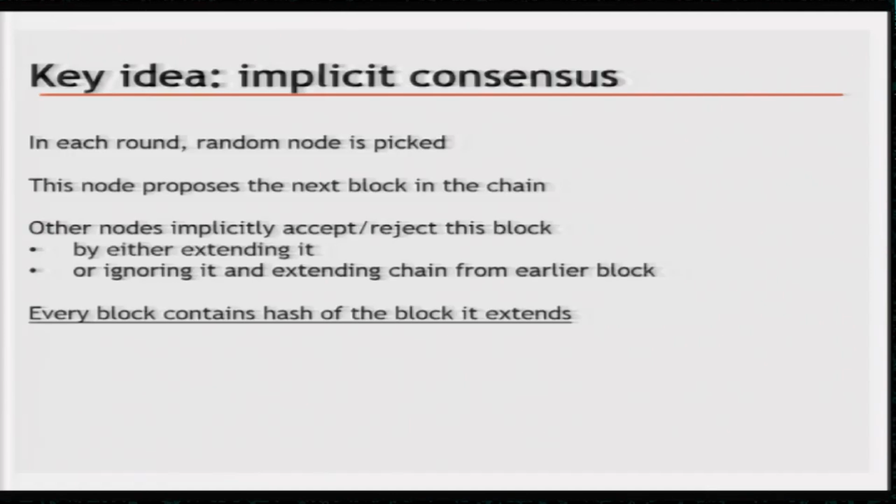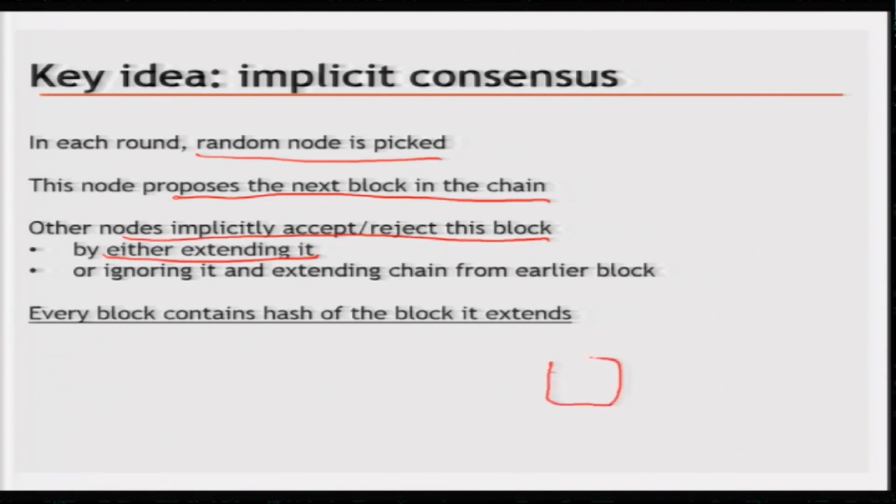The key idea is that in each round a random node is to be picked, and this node will be allowed to give the next block to the chain, and the other nodes will then implicitly accept or reject this block by either extending it. So, when you put a new block to the existing chain,